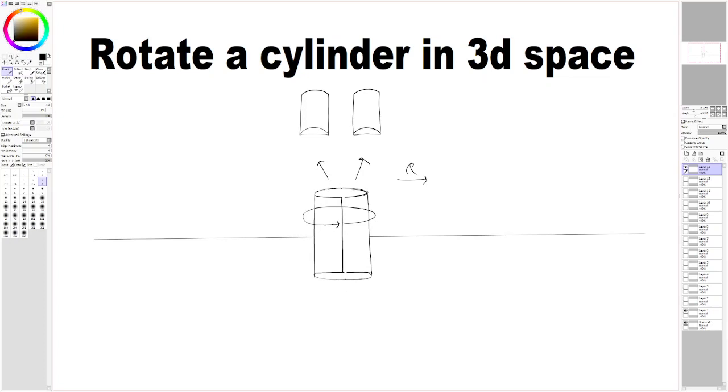So I jumped between some frames. I didn't draw every individual frame, but I wanted to show how all of those add up to do the rotation. Now I want to show one other thing that's important to understand, and it has to do with curvature. Because I just did a line, but